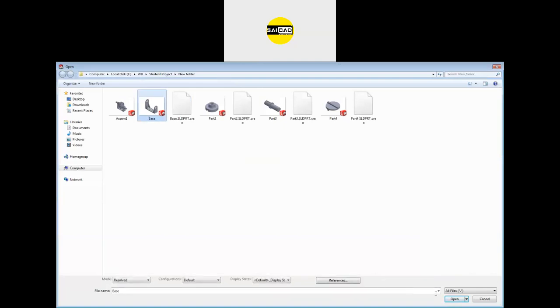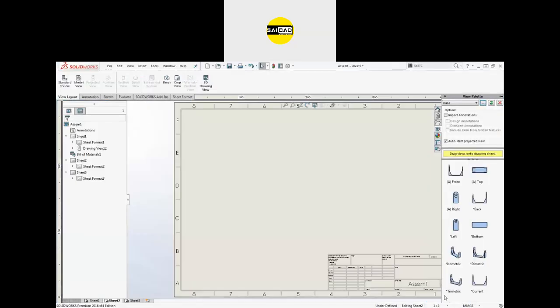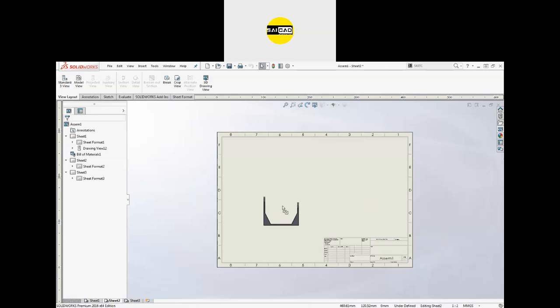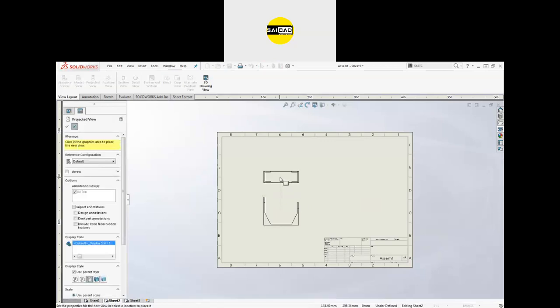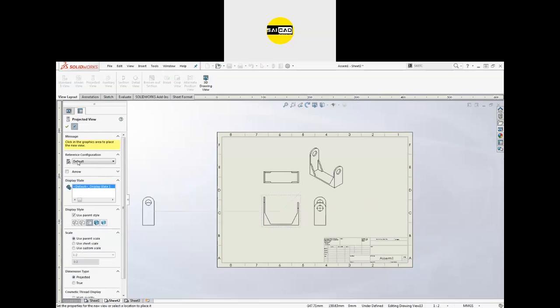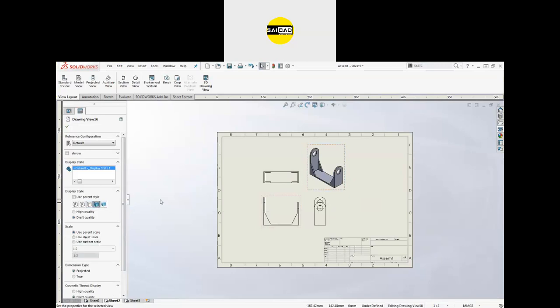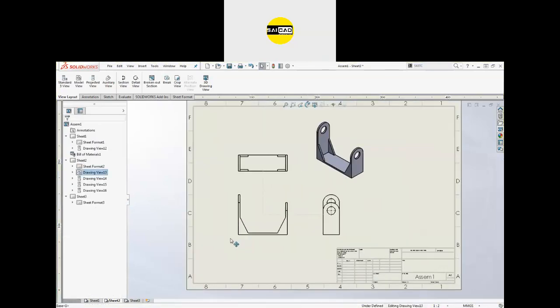So I need this base, click open, and now you will see the views for that part. So need the front part here, need the top here, the right here, and the isometric here. Okay, just click OK, select the isometric. I want that to be in the 3D. So like that you can create your part.